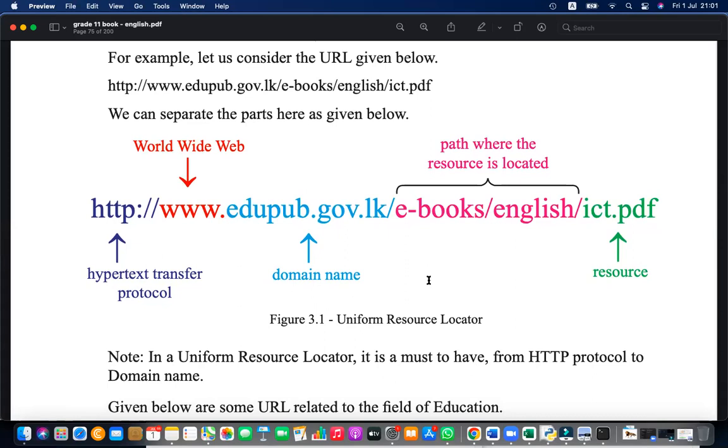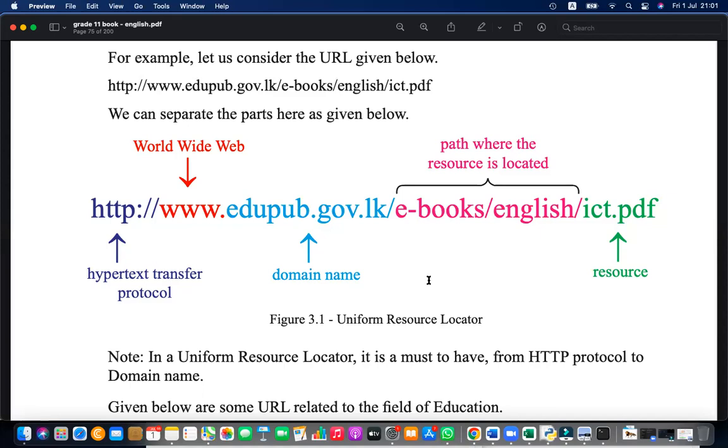Let's say there is a cafe called White Cafe. There can be many white cafes around the world, so that is not unique to the world, but the domain is unique. Nowhere else can you find edupub.gov.lk. It's only assigned to one website or one domain. So that is unique to the world.